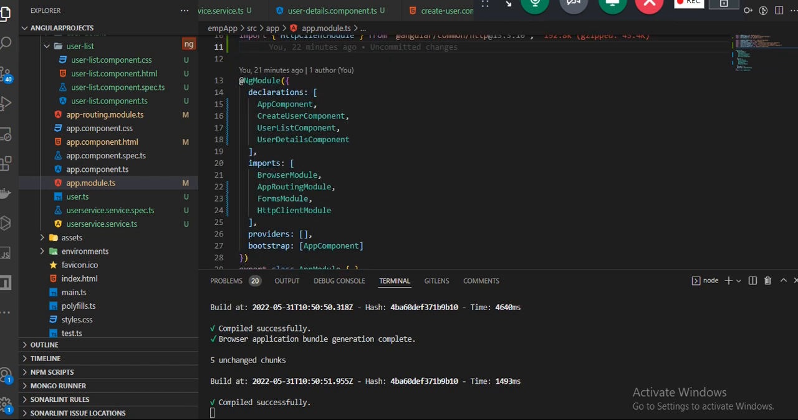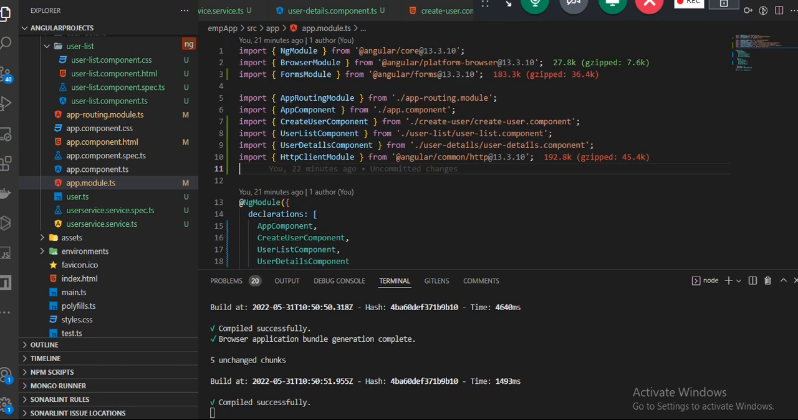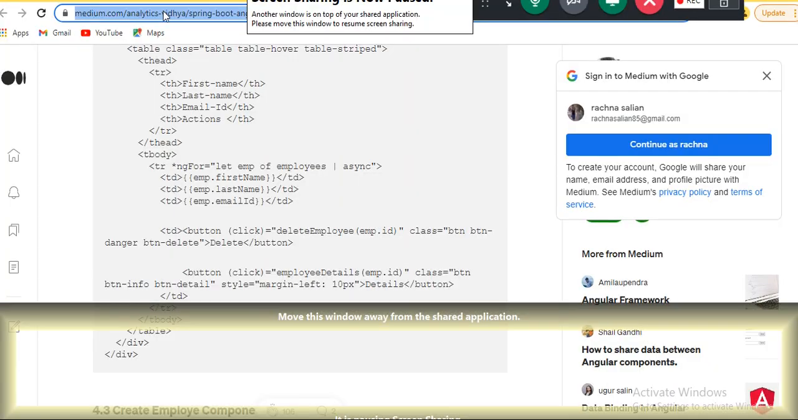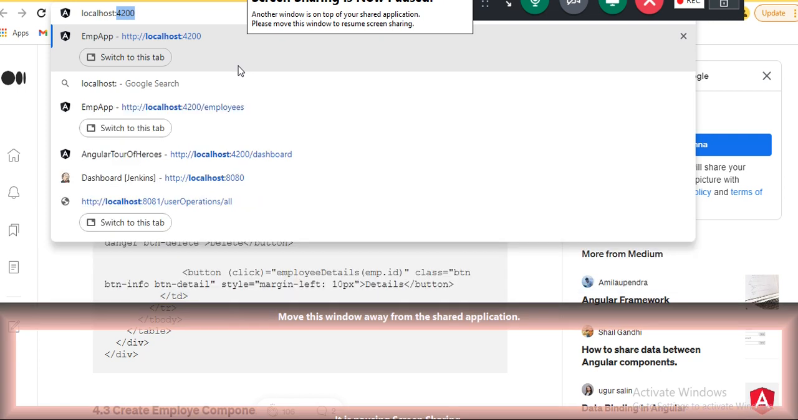Correct? So this routing part we will take up later, but as of now when we are running this, you can also see this is the page, right? If you see localhost 8081 slash